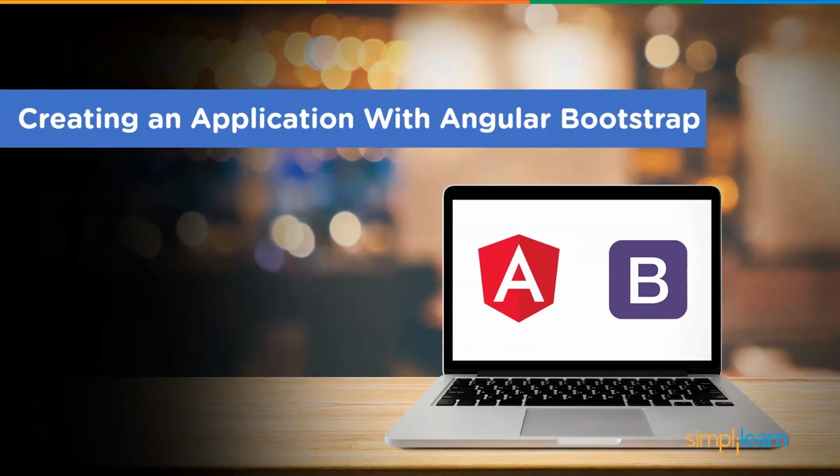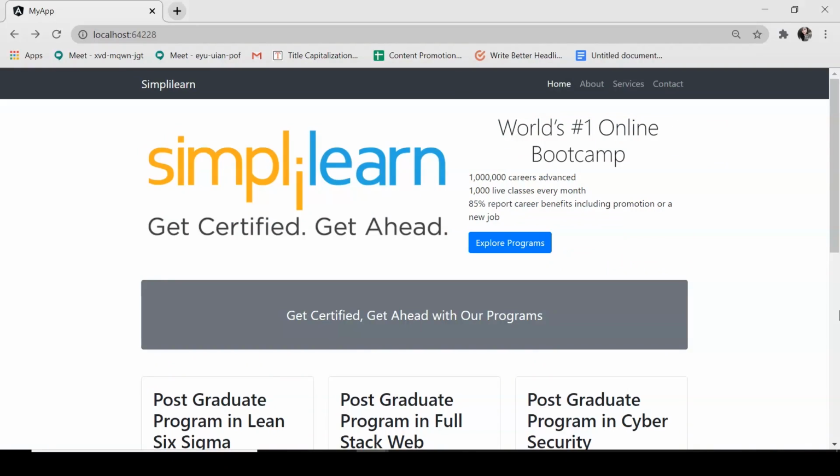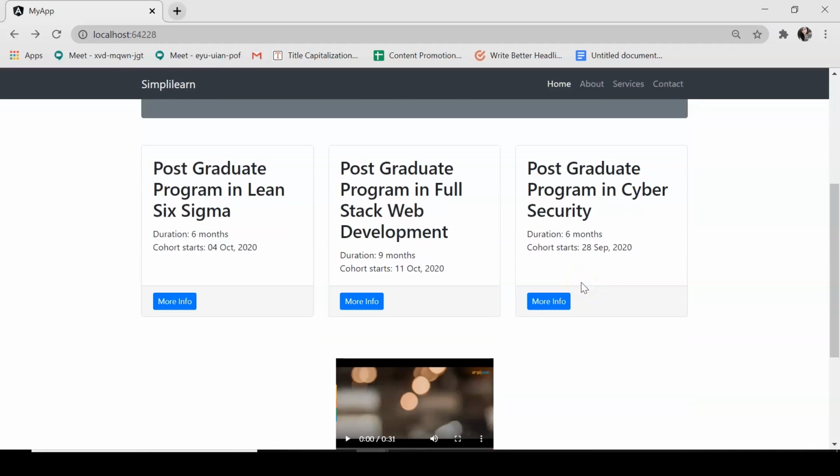So in this tutorial, what I'm going to be showing is the creation of a blog post. So let me show you what we're going to be doing. So here I've created a simple blog for Simplilearn and I've added the Simplilearn logo. I've also written a few lines about Simplilearn and what they offer. I've also mentioned their tagline, and when you scroll down, you can see that I've mentioned the different courses they're